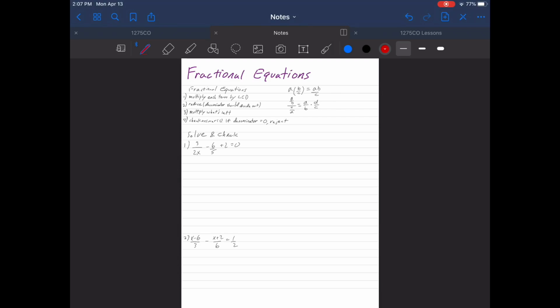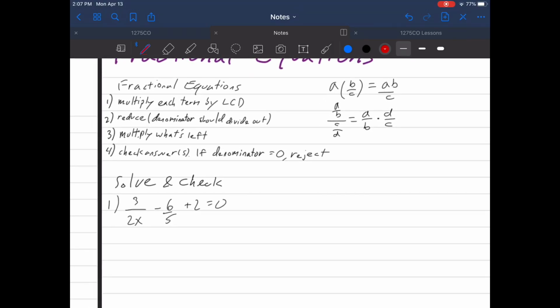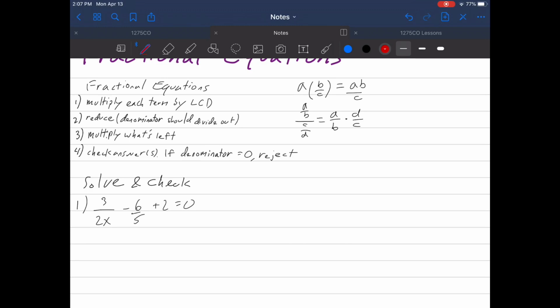Looking at a fractional equation now. A fractional equation is an equation with fractions in it. And we have kind of seen this before, but what we're seeing now is equations that are going to have rational expressions in them, something like this 3 over 2x over here. Now the basic structure, basic protocol of solving a fractional equation, the basic steps are going to be